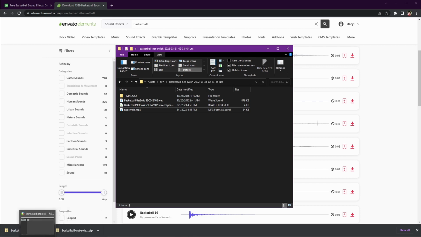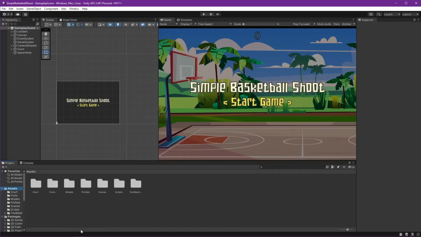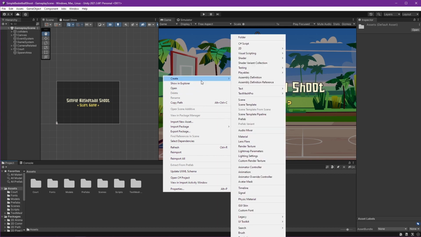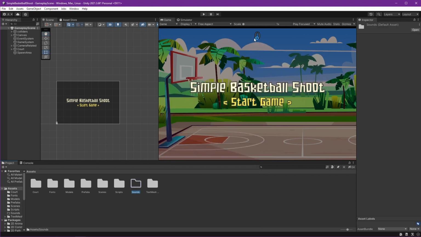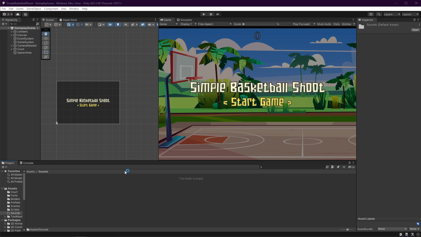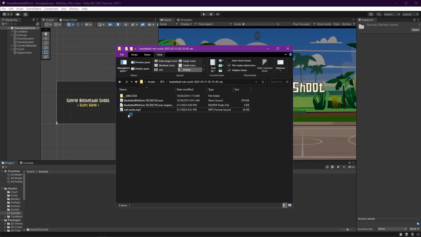Now go to our Unity, create folder sound. And we can just drag the audio right there.